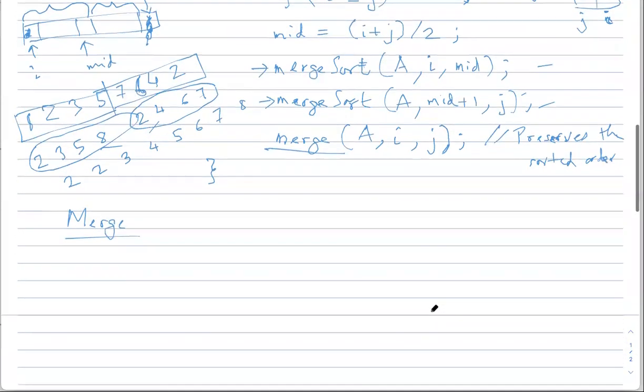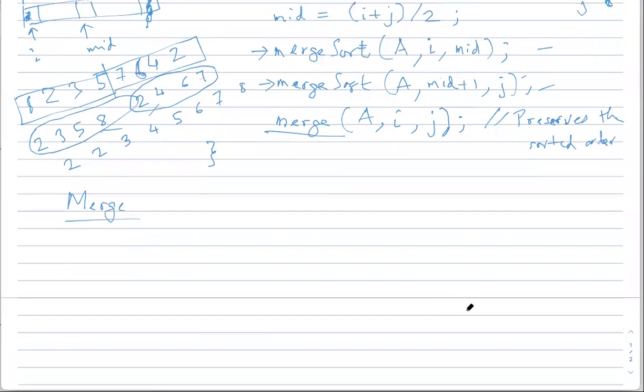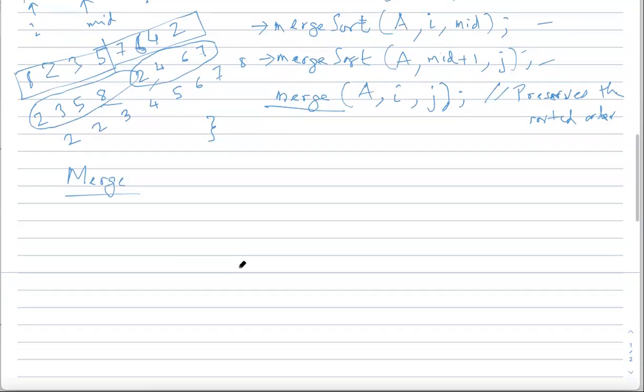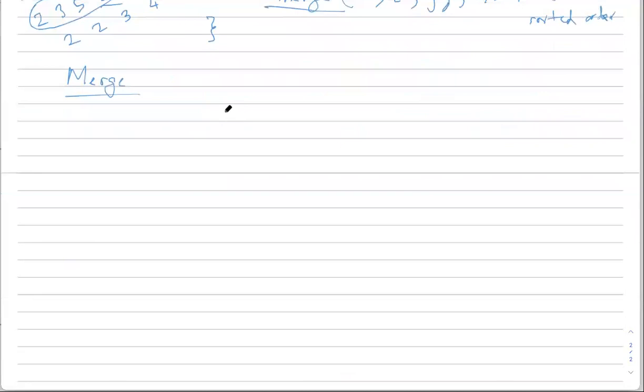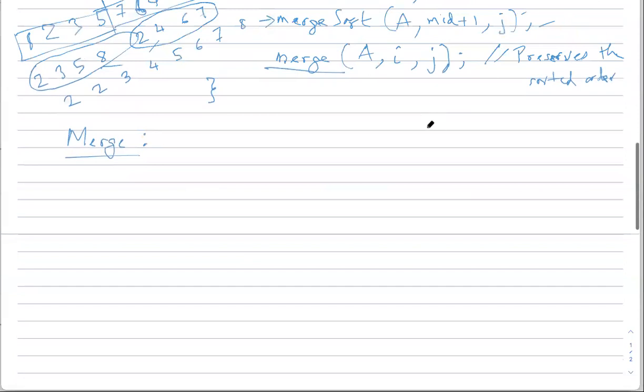So we're going to see how merge is going to happen. Okay, let's write down the algorithm for merge now. The key point is that in order to merge, you're not able to maintain in-place ability. You would need an auxiliary storage to get the sorted order done. If you take this example, 2, 3, 5, 8,